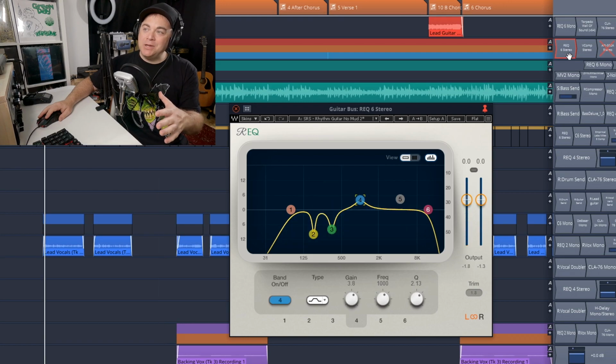You can hear it's a little muddy when the EQ is off, but then when you engage the EQ, it kind of brightens things up and takes away those muddy sections.